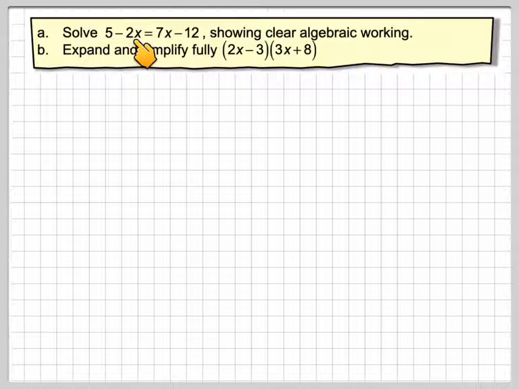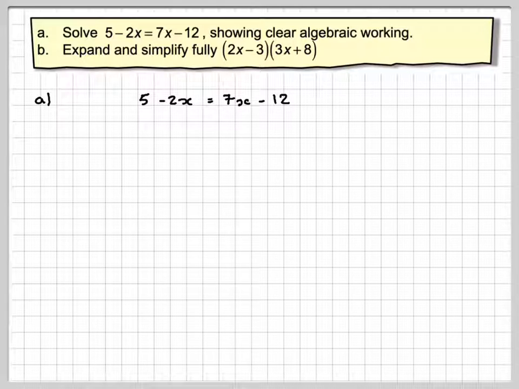Solve 5 minus 2x is equal to 7x minus 12, showing clear algebraic working. Expand and simplify fully (2x minus 3)(3x plus 8). So this question is just testing whether we can solve an equation with x unknown on both sides and then